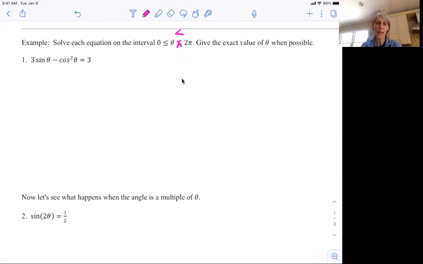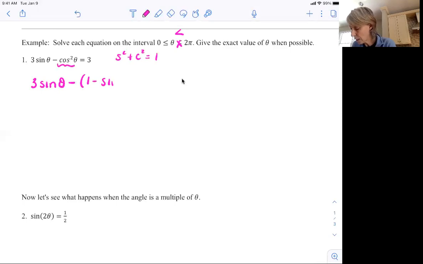If you recall from yesterday, when we have these situations where one of our terms is squared and we have two different trig functions that we're solving for, we have to rewrite it in terms of the same function value and then use factoring to help us solve. So we're going to again go to the Pythagorean identity, sine squared plus cosine squared equals 1. 3 sine theta. Be very careful here. We're subtracting cosine squared, which is equal to 1 minus cosine squared,